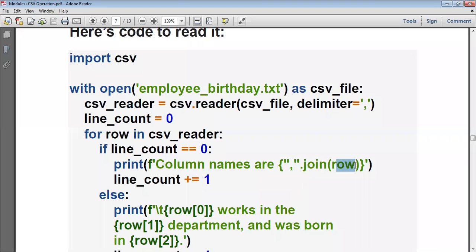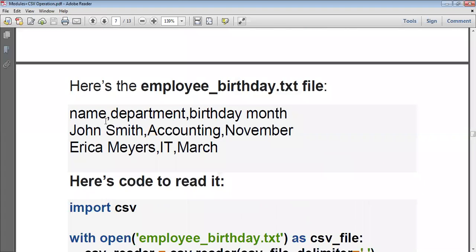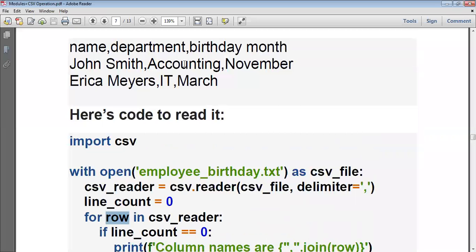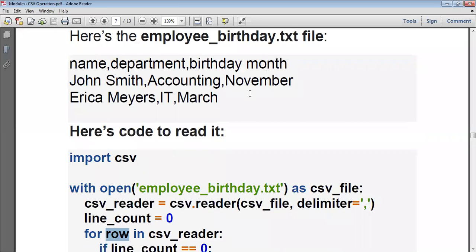What is inside the row? What is there in the text file? The first is name, next is department, and then birthday month. This is the first row, which is represented by the variable row, representing name, department, birthday month. It is displayed using a comma as the separator.